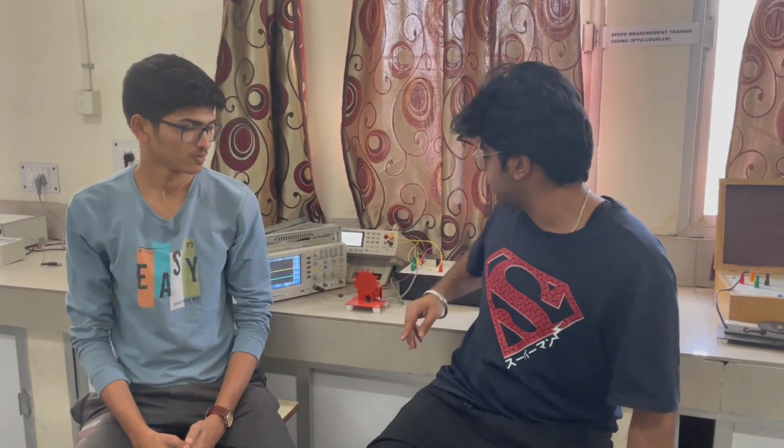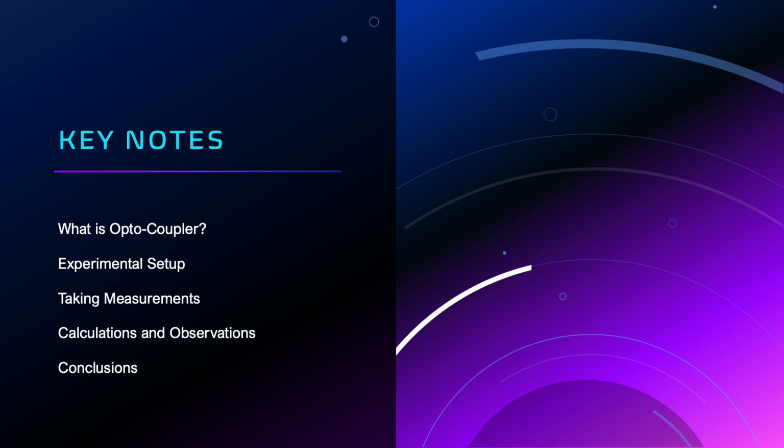We are from Engineering Physics 3rd year, and today we will be demonstrating our practical speed measurement using optocoupler. For this experiment, we are going to focus on the following keynotes. The first one is what is optocoupler and the basics of optocoupler. The second one is the experimental setup which we are going to use to conduct the experiment of speed measurement